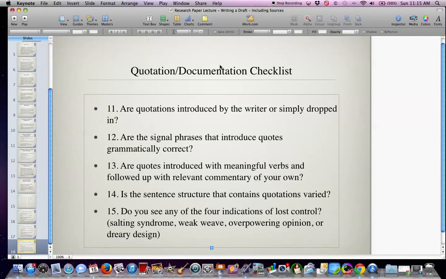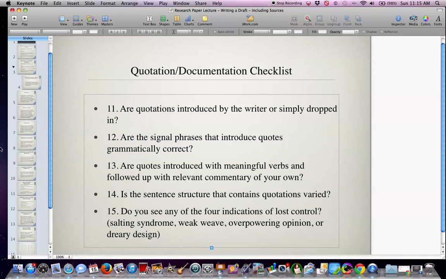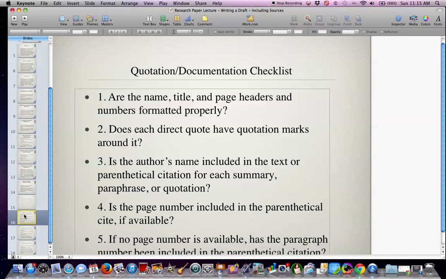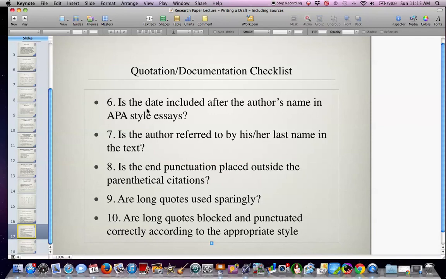These are all things to help you as you continue to work on your draft. Again, I'm going to save this as a PDF so that you can print it out, particularly to have access to this list right here, but also to have access to these various checklist questions. Remember, number 5 and number 6 do not apply to your essays because you're using MLA style, so don't let that confuse you.